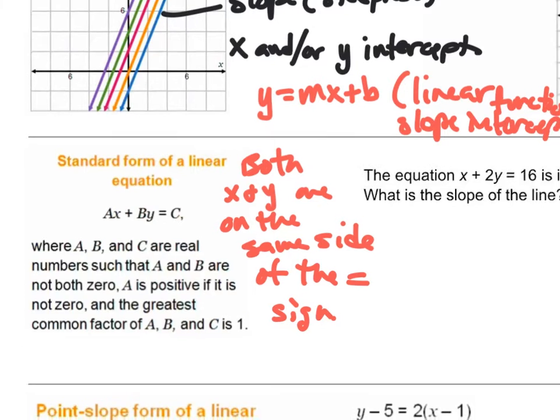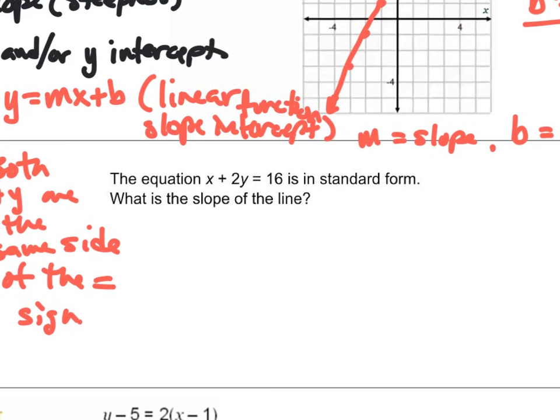Okay? So over here, in this problem, you've got an equation in standard form. You've got x plus 2y is equal to 16. This is in standard form. The question is asking us what's the slope of the line. It's hard for me to determine that. But if I were to solve this equation for y and put it into slope-intercept form, then I could get the slope. So let me rewrite this. I'm going to do x plus 2y is equal to 16. If I solve this equation for y,